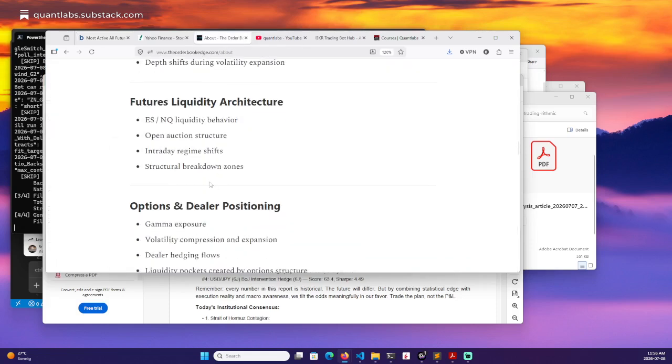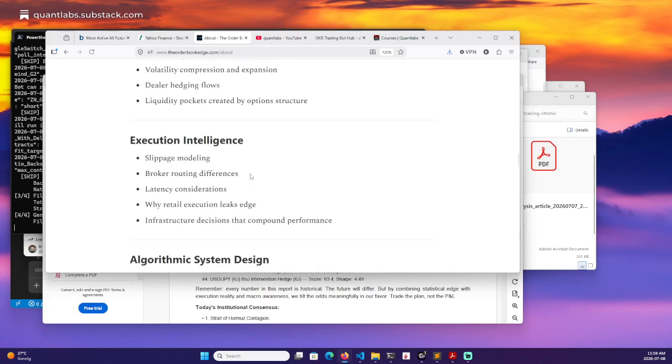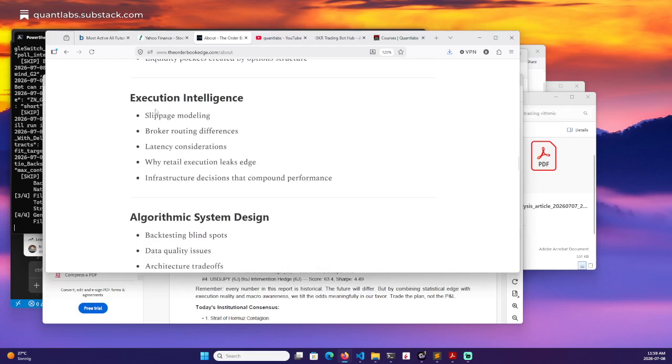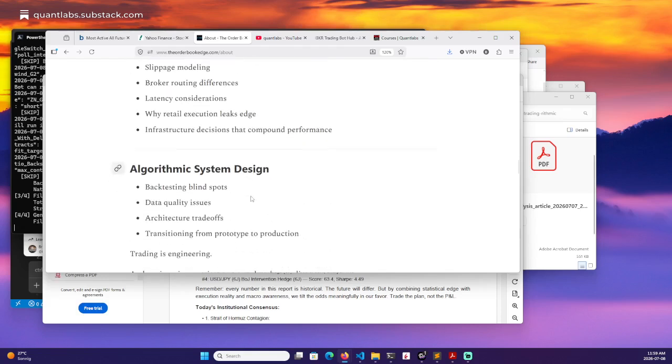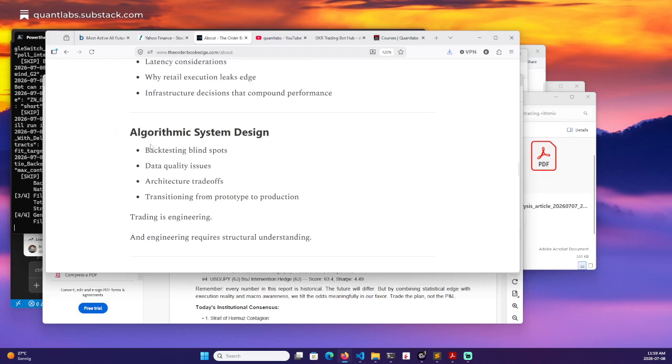So again, ES, NQ liquidity, open auction structure, intraday regime shifts, and structural breakdown zones. With the execution, all this algorithmic stuff, especially as I said, the backtesting blind spots, those are the areas where you're not good. You're going to get killed on. Unfortunately,